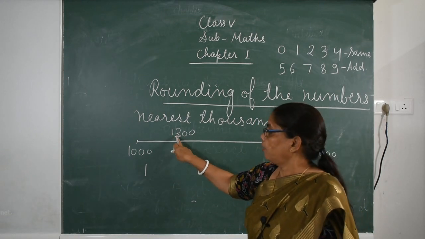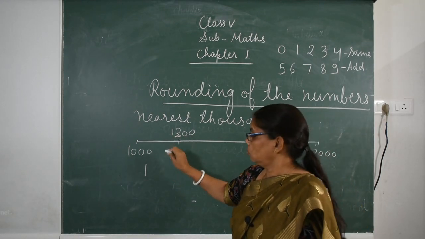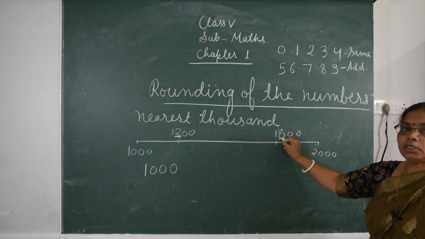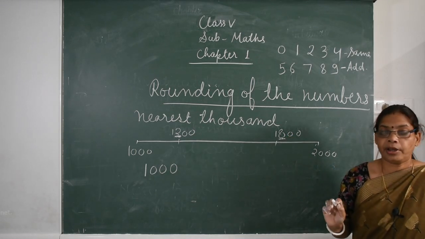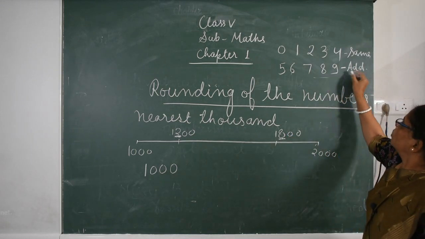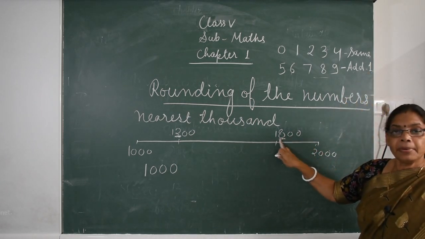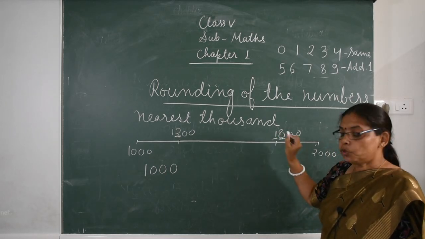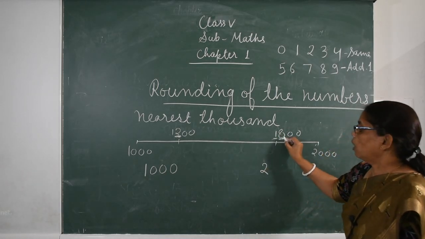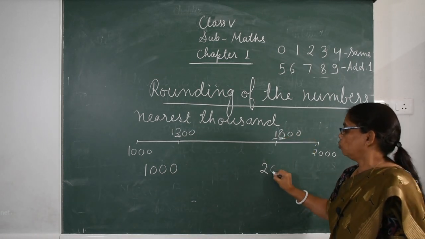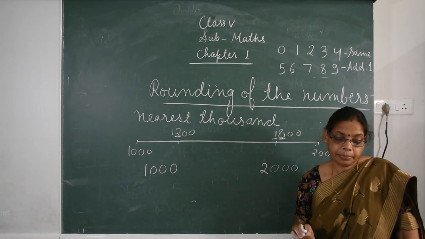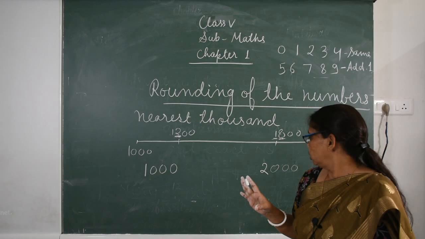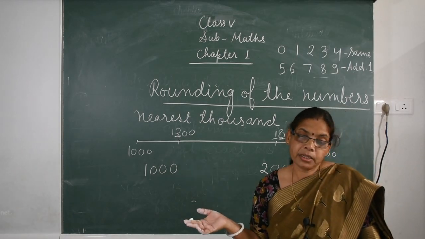This number stays the same, and from this place we put 0, 0, 0 and 0. And here the digit 8. We have to see the number 8. 8 is greater than 5, so we come into this group. So add 1. We have to plus 1 to this number. So 1 plus 1, 2. Except for the digits here, 1, 2, 3, we put 0. All the digits except the number which you have to round off stay the same, and the rest become 0.